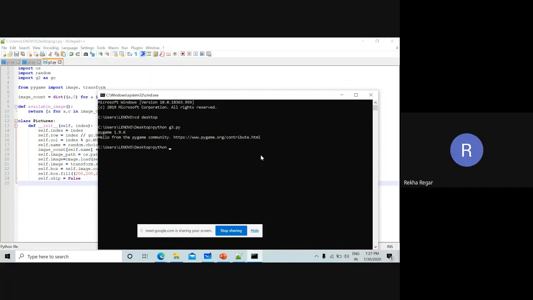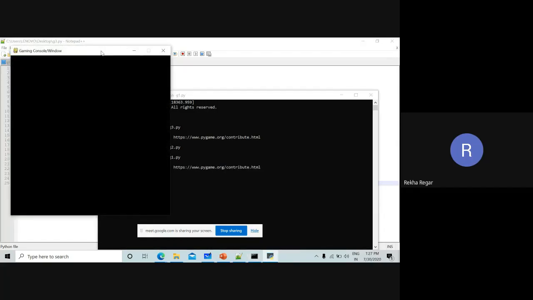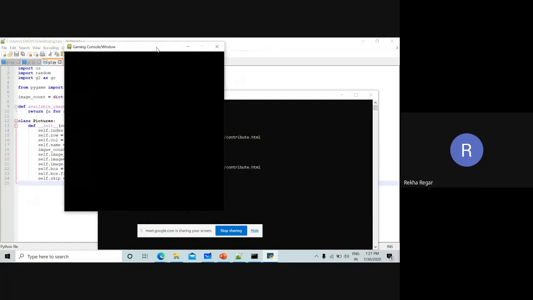Python g2.py. So again we are getting no error message. So now we can see Python g1.py. It means this is our main file. So you can see till now we are getting no images. It means we have to change some code. We have to modify our code in this main file also. So we have to write something in the main file also.